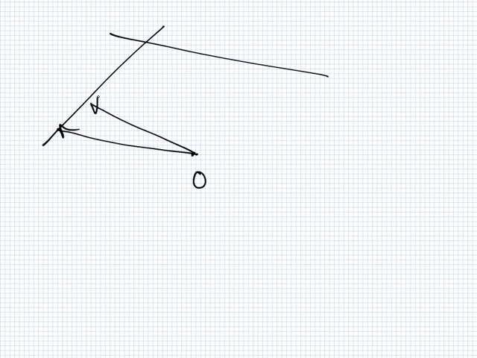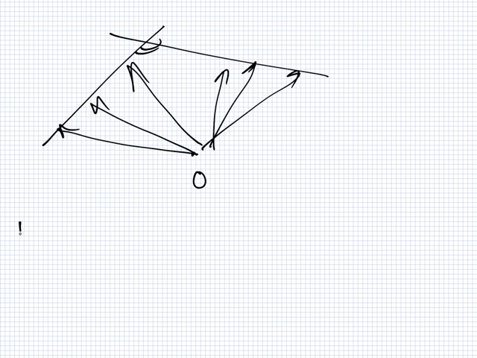Like if this is one line and this is one line and this is O, this line is represented by all these vectors and this line is represented by all these vectors, and you want this angle here. So which do you use? Let's say the first line is r equals A plus